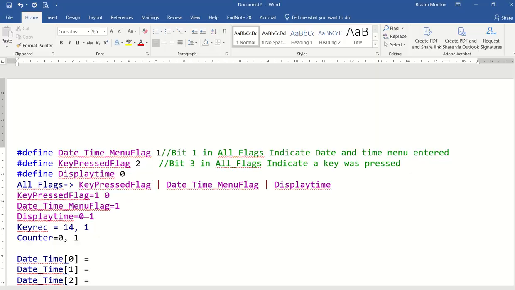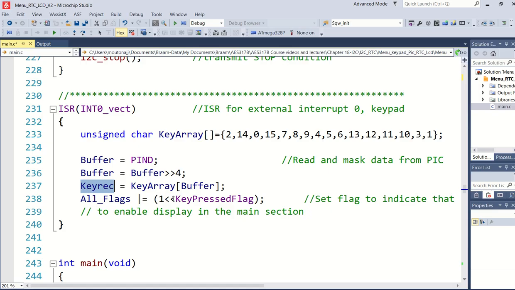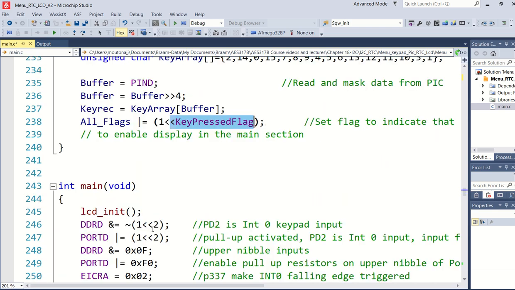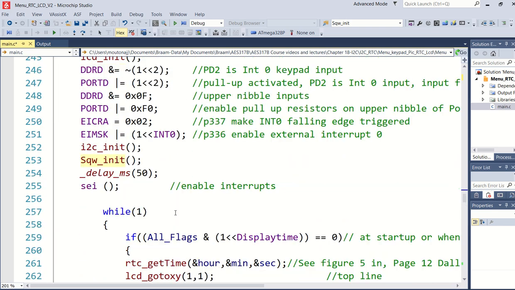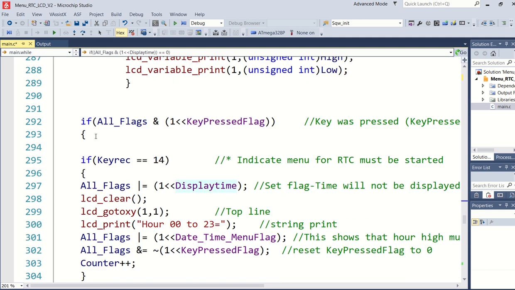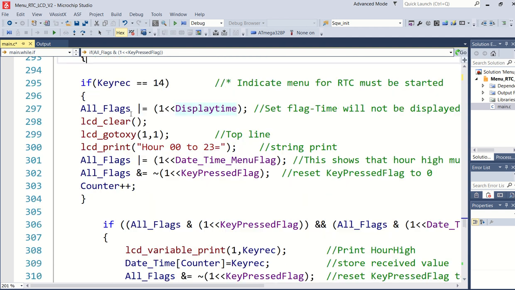Then I'm also setting key pressed flag again. So key pressed flag is now a 1. Key pressed flag is now becoming a 1 again. And I will jump out of the interrupt service routine. So as I've said, display time, it can't go into this if function. Let's look at this thing. If key pressed flag is a 1, is it a 1? Yes, it is a 1. So it will go into this if statement, which means it will test this if, and test this if also, and further on.